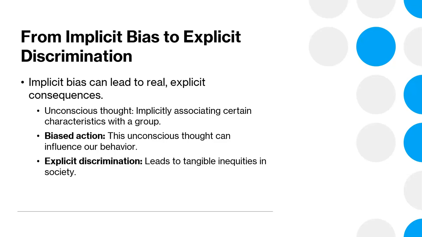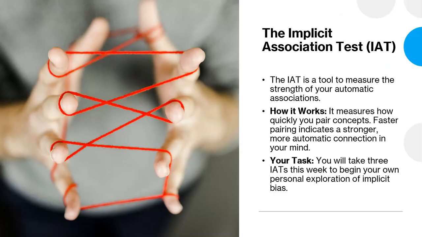This is where we connect back to our Module 1 conversations about diversity and social justice. Unchecked implicit biases can create and reinforce the systemic injustices that prevent true equity. So now that we know what biases are, and we know how they can lead to biased decisions, which can lead to some of the systemic discrimination we see in our society, we have to ask ourselves, how do we begin to uncover and look at our own implicit biases?